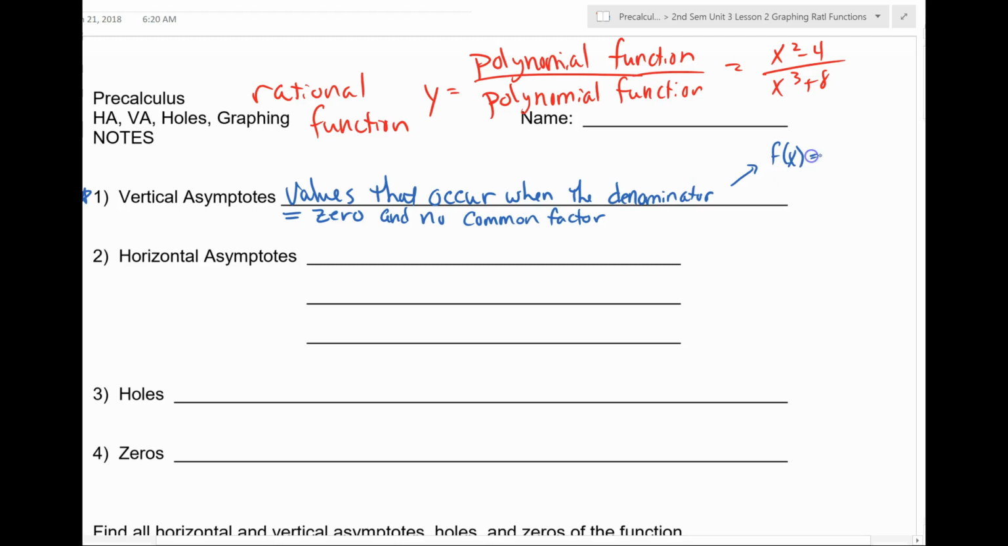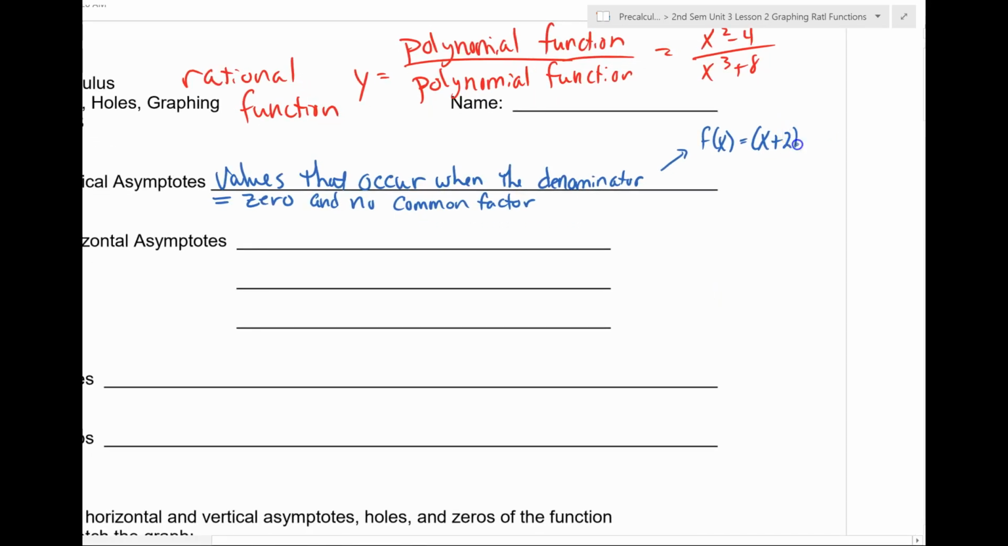F of x is equal to something, and when it's factored out, it looks like this: x plus 2 times the quantity x minus 3 over x minus 3 times the quantity x plus 4. So basically, I had two polynomials. I graphed them out. All right, when you look at this,